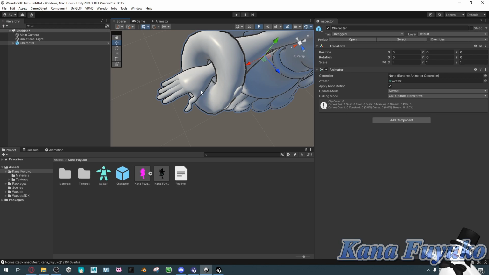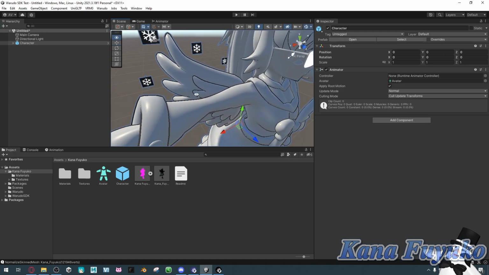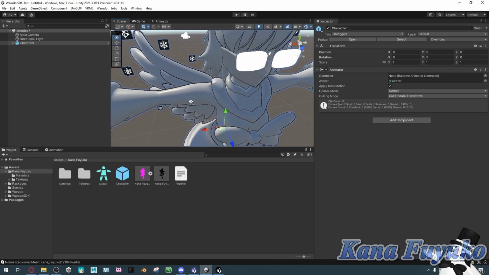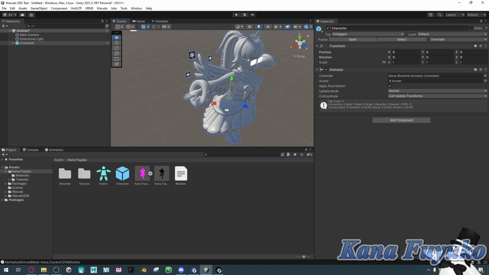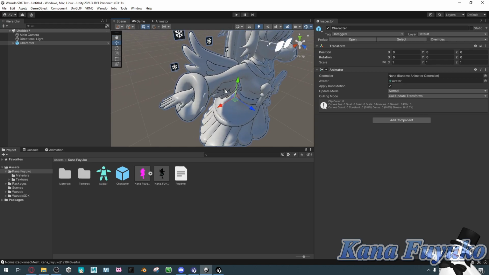It depends on if you have other models with a proper thumb, or again, it doesn't even have to be the thumb. I've also seen models where their arms would freak out with normalization. But basically, you might have to do a skeleton transfer with a model that does properly work, or you might have to try again with a transform, maybe change the posing a bit more and all that. But either